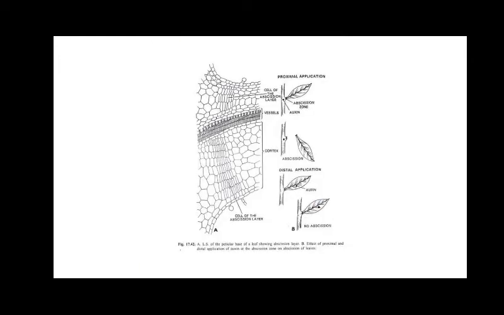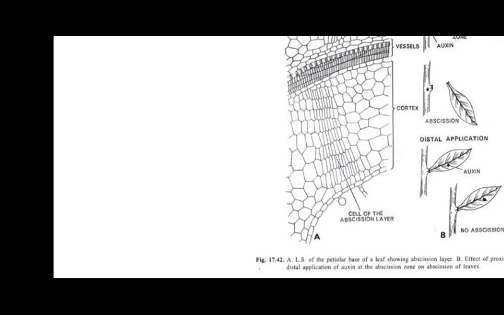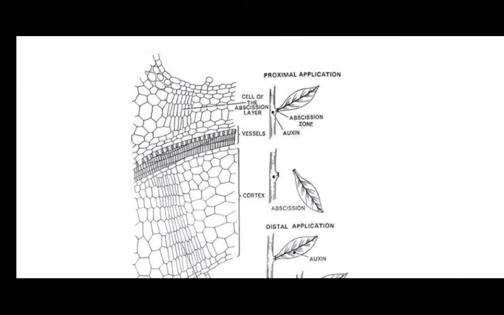Now let's come to another feature. This is another function of auxin, something that happens normally in the plant. Auxin is capable of helping in the process of abscission. Abscission is the process of shedding of matured leaves, or even fruit. There, the stalk area shows a distinct coloration, which is called the region of abscission, or the abscission zone.